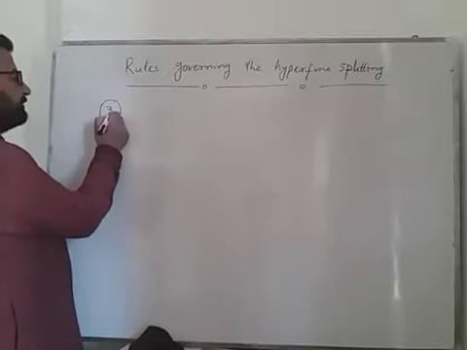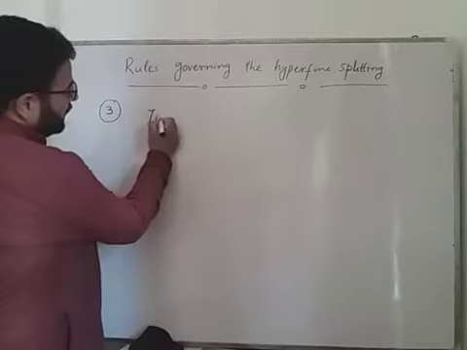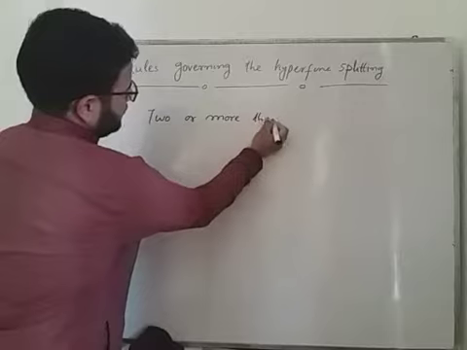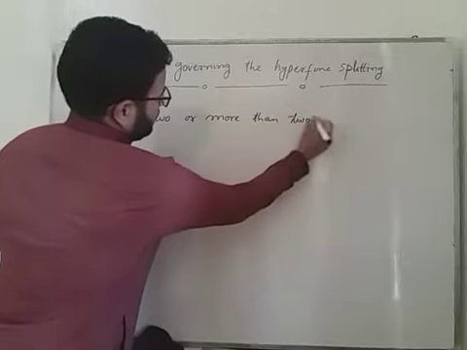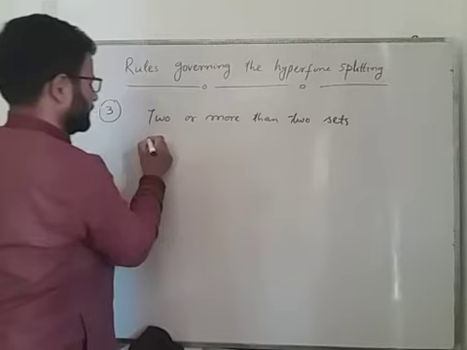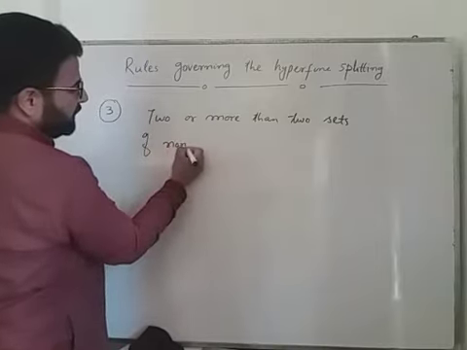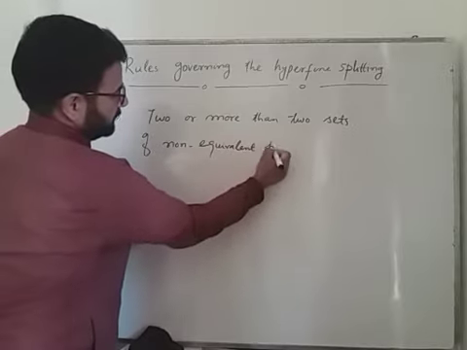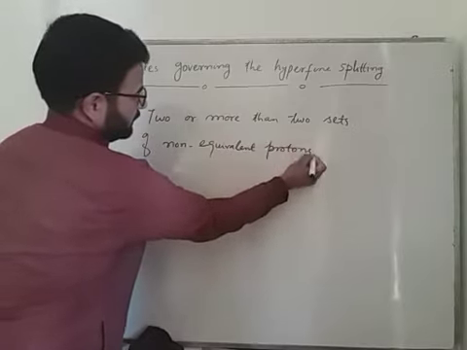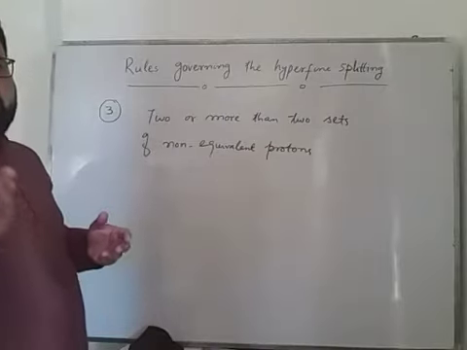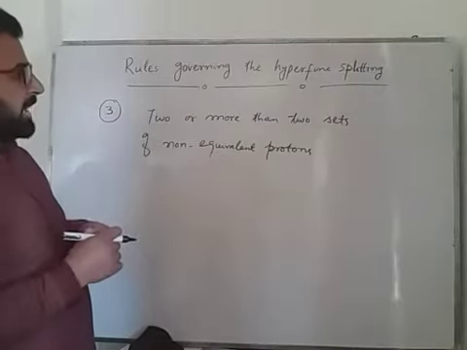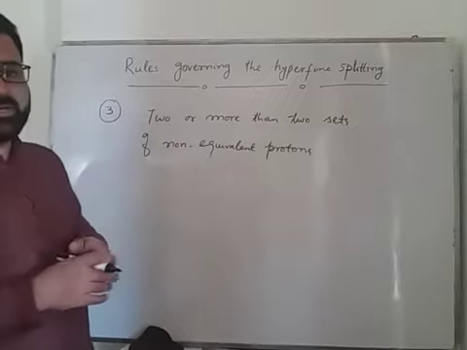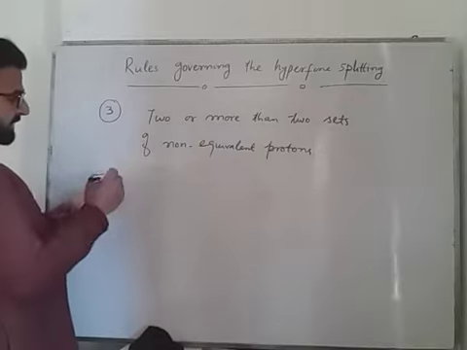That is rule number 3. Two or more than two sets of non-equivalent protons are present. Means the unpaired electron which we have in the EPR active molecule is in the vicinity of two or more than two sets of non-equivalent protons. The number of lines will be given by,